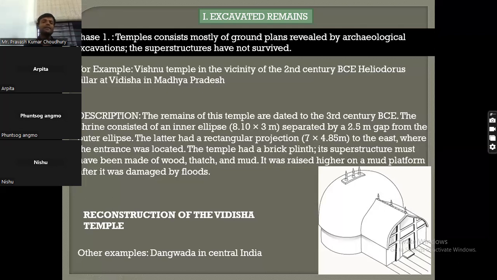So we may say that in terms of archaeologically excavated sites, we have firm evidence of temple architecture from roughly the 2nd century BCE onward. However, there are many people who try to prove that the temple is not something that began in the historical period